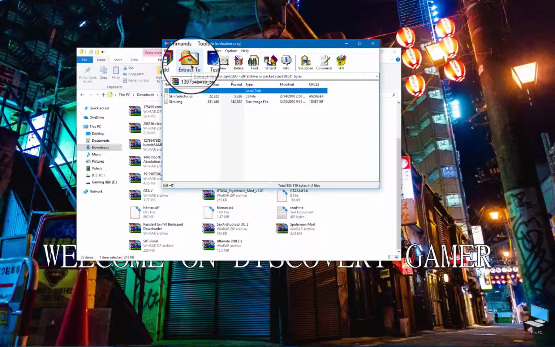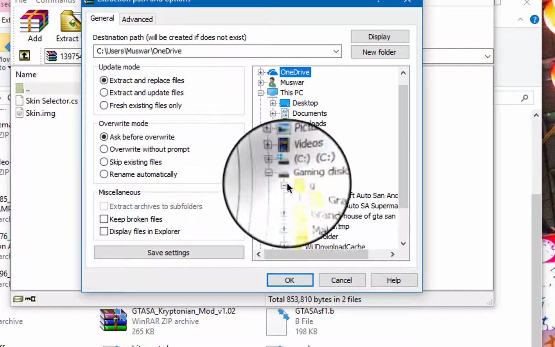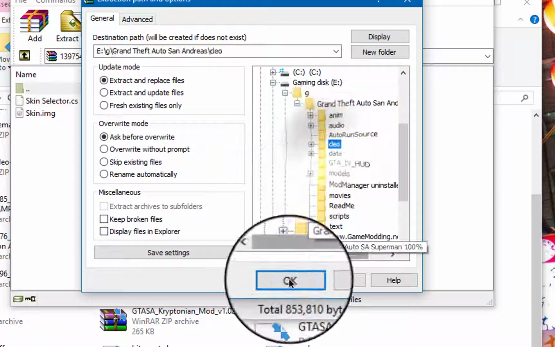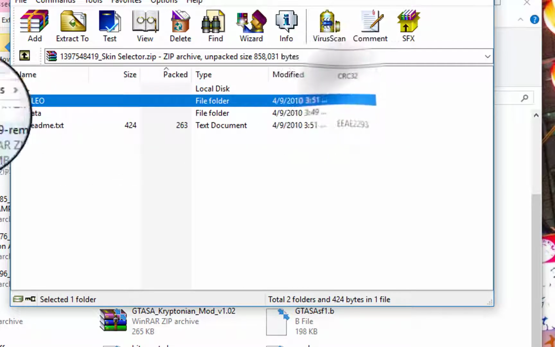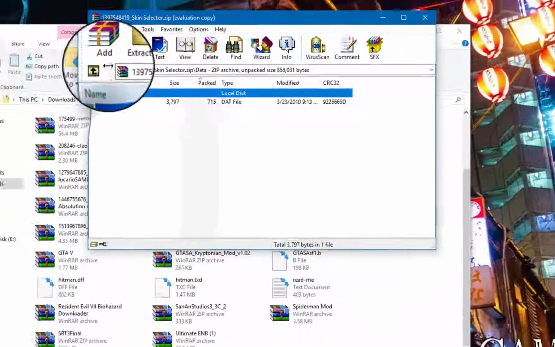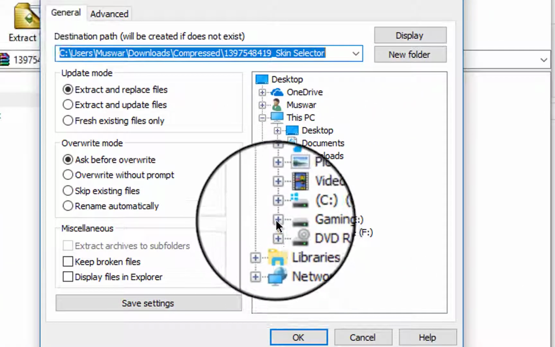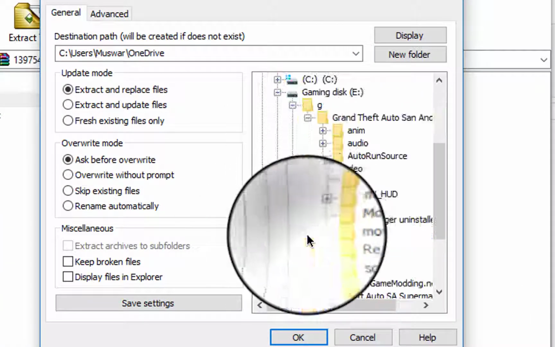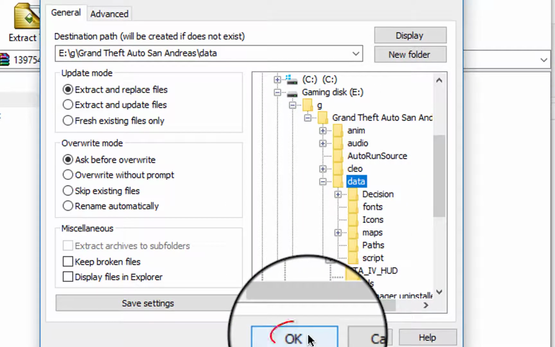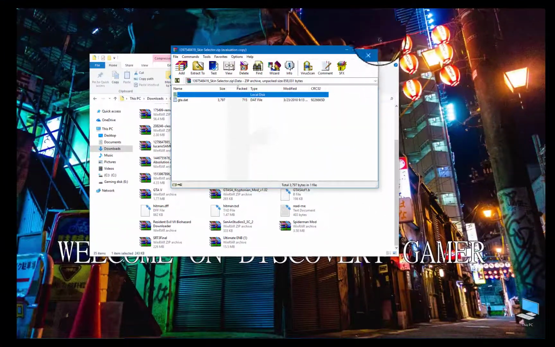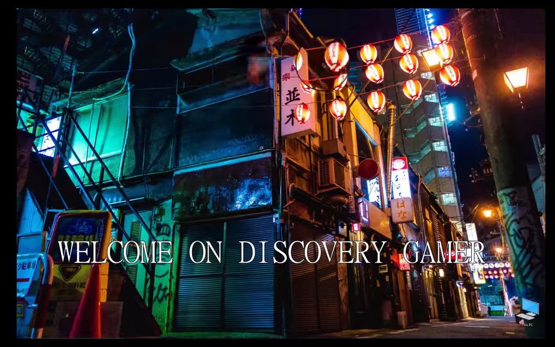So I just click on extract to, open the folder, and extract to my game folder. So extract to your game folder which has the data. Oh sorry, just data. This is extract to the data folder of your game, like that, and just click on yes. So finally your Skin Selector is